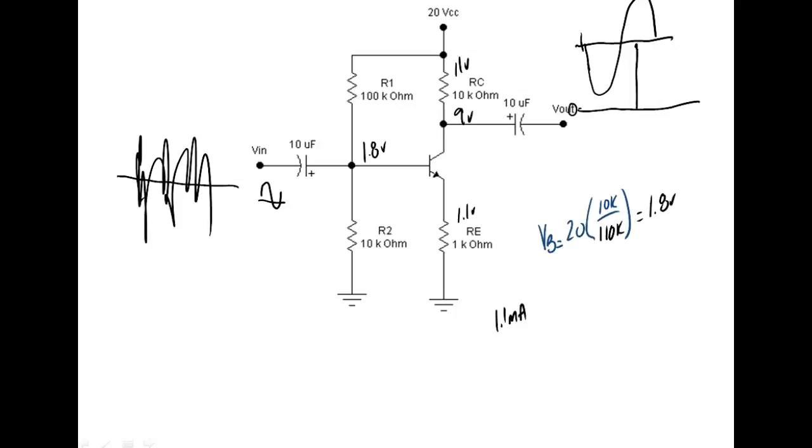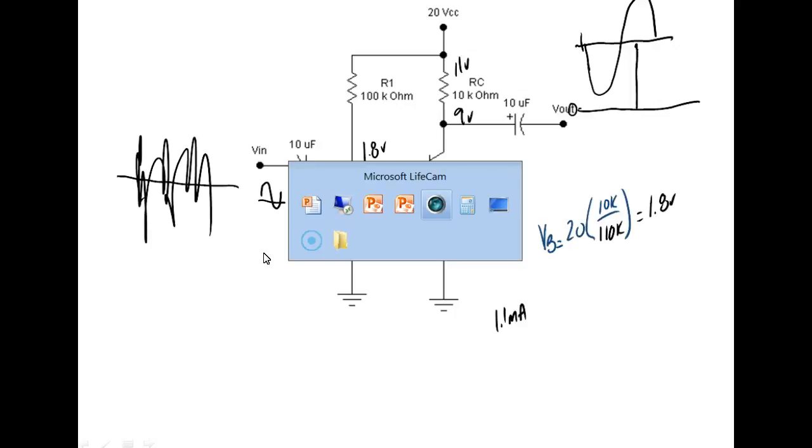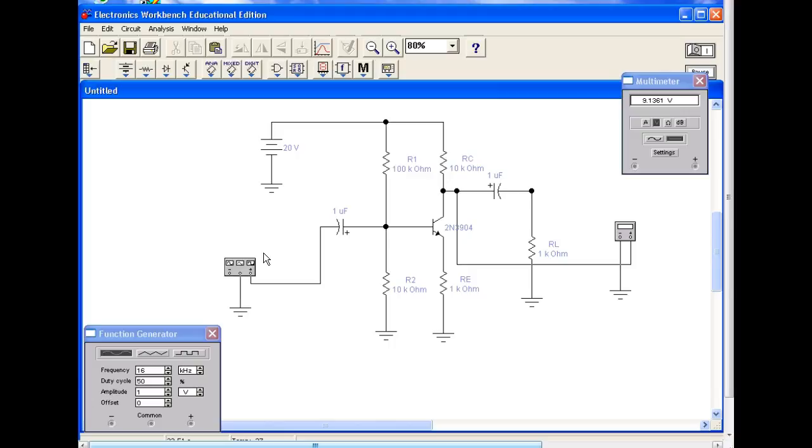And we can tell a lot about the bias voltage, because if the bias voltage is wrong, everything's going to be wrong. Because what does bias do? It sets the operating characteristics of the amplifier. If the bias is wrong, then something's going on in the circuit. But if I come up here and look at this with an oscilloscope,